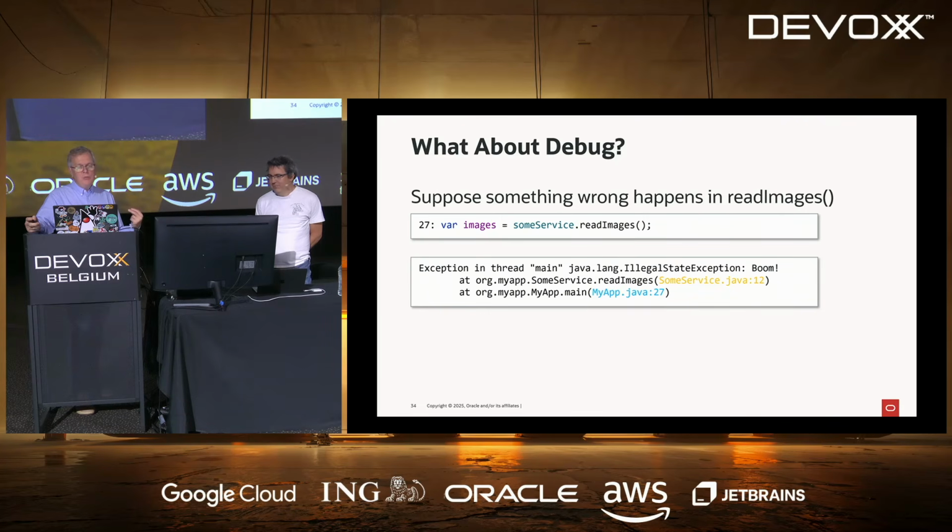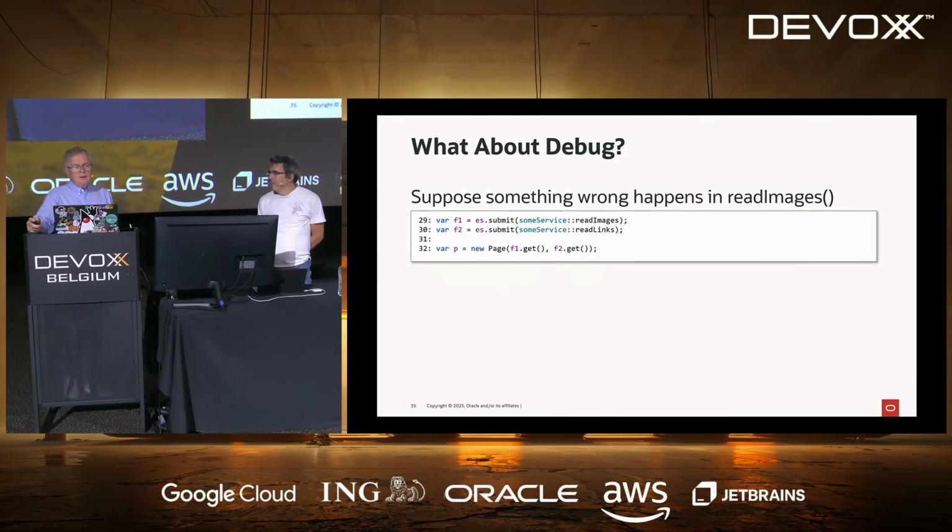And it's not only about debugging, it's also about putting a breakpoint and being sure that the thread that is blocked on this breakpoint is the thread you want to debug, the process you want to debug. What does the stack trace look like if you submit this to an executor service? That's the first pattern we showed you just a few minutes ago. Okay, and you create this task just like that.